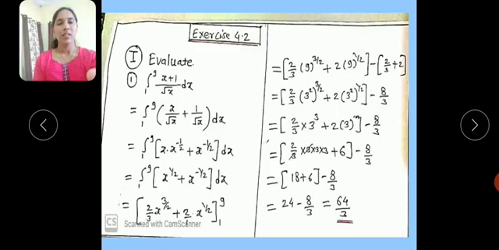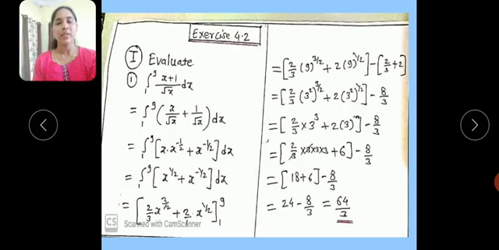Here root x is in the place of the denominator. We move it to the numerator. We get the integration of 1 to 9 of x into x raised to minus 1 by 2 plus x raised to minus 1 by 2 dx. This is equal to the integration of 1 to 9 of x raised to 1 by 2 plus x raised to minus 1 by 2 dx. Here, taking the integration we get 2